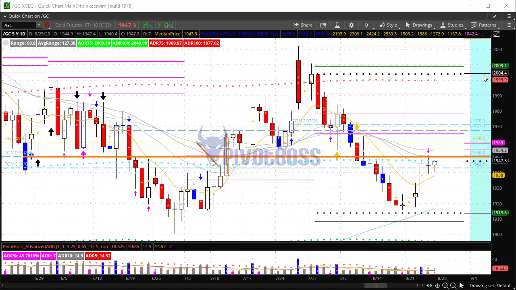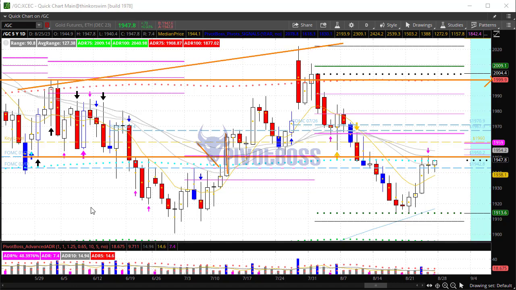If we explode through it, it's going to open up the upside to about 2000 just from a short-term perspective, as this market continues to trade kind of in a range-bound manner. So 1950 is going to be important here. Two-day narrow range within an up move. We'll watch to see if it can push through 1950. It'll open up some upside in the very near term.